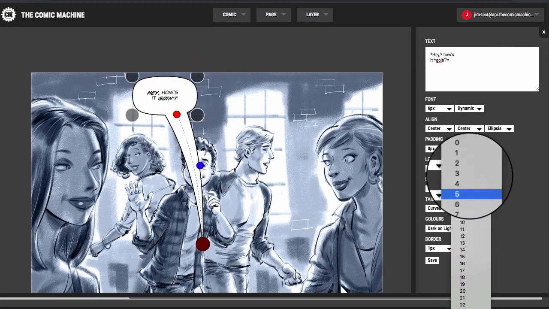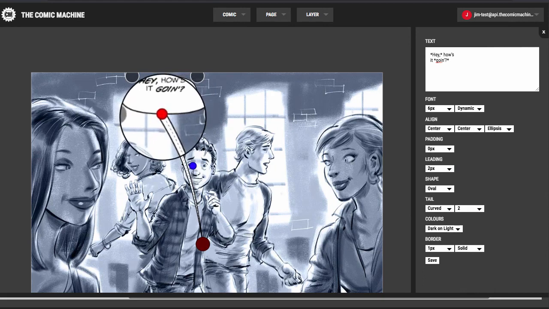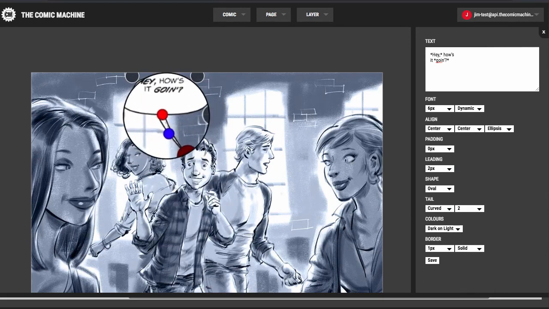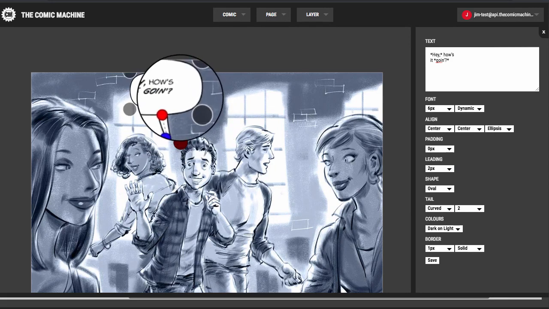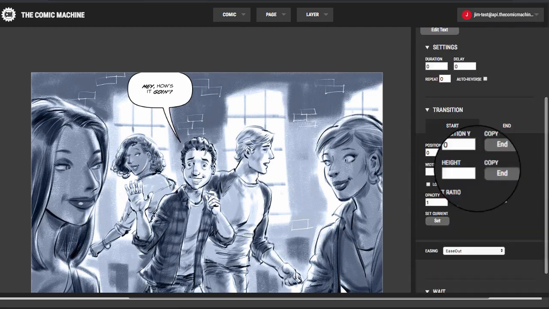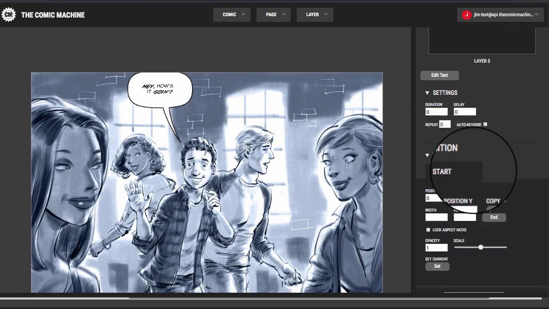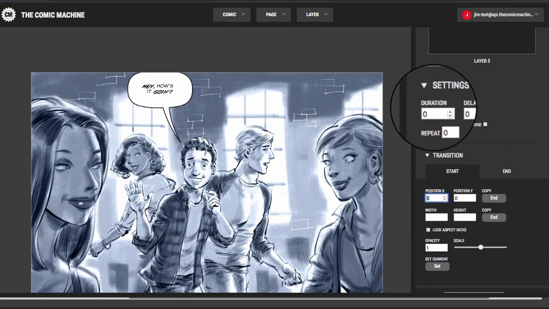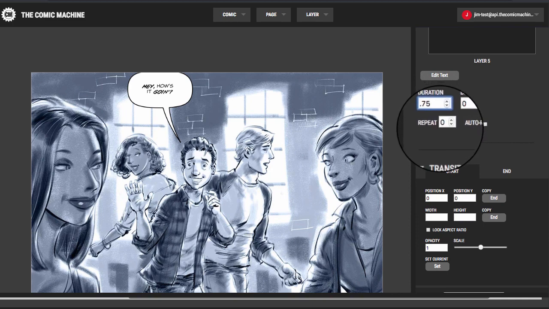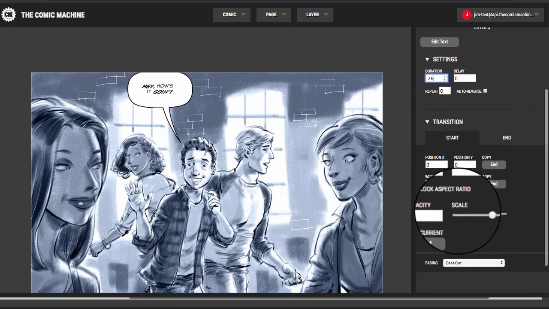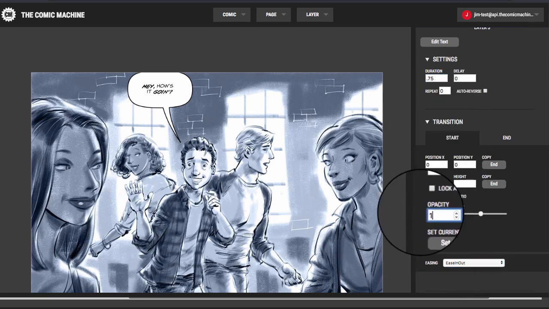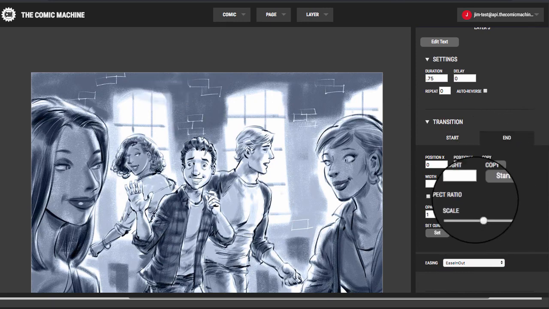Oh, the tail should be thinner. Okay. So before this text comes out, I'll give it a little bit of a longer wait so that he waves and then sort of nervously says his line. So I'll put 0.75 and start opacity 0 and opacity 1,